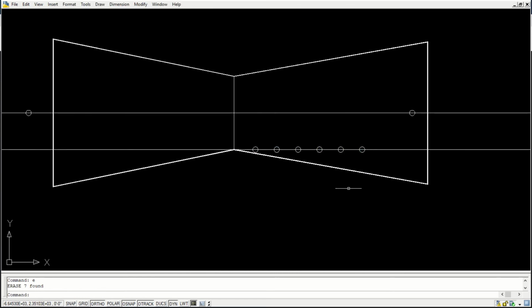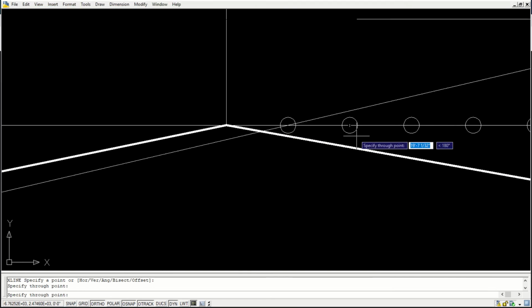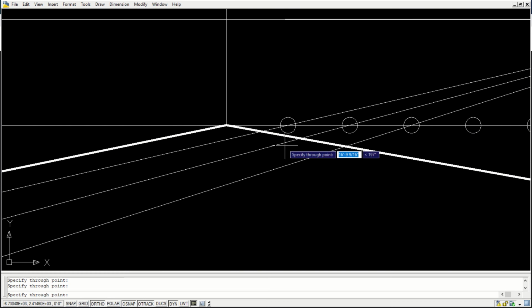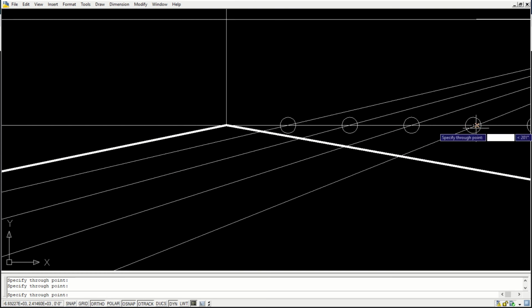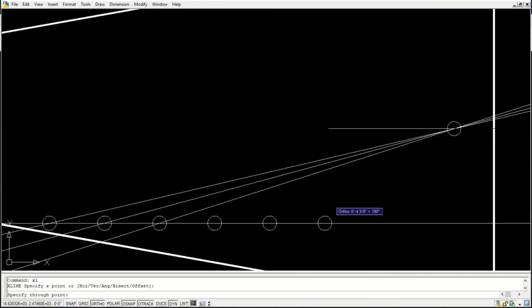Okay, I'll remove this. I'll use the same thing on, okay, using this vanishing point, just pass through these measuring lines.